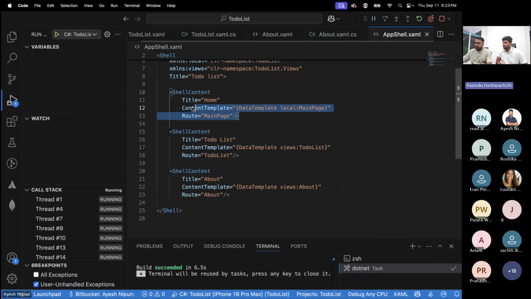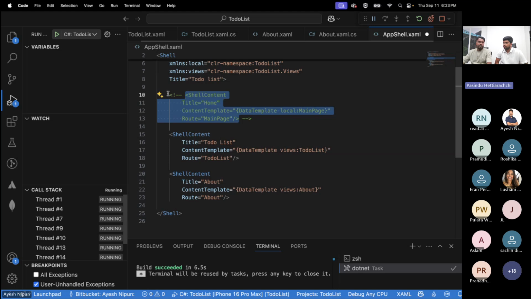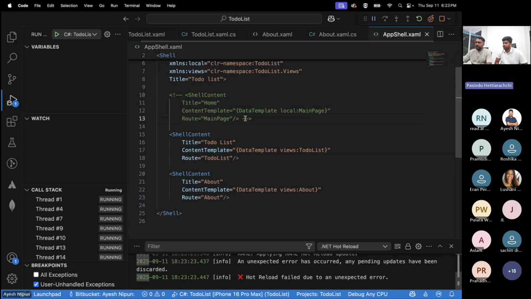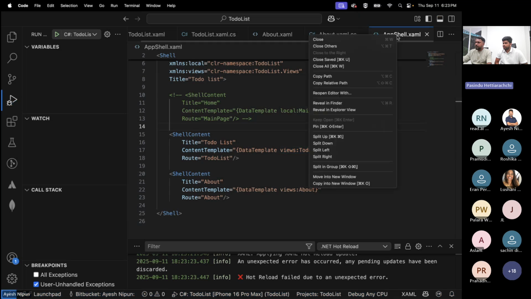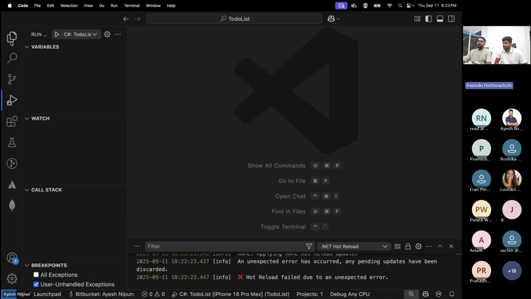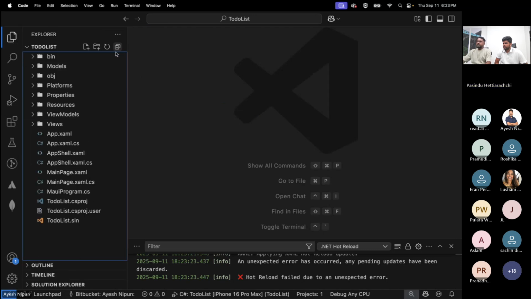So I'm going to comment this one because I'm not going to work with the main page. I don't need that. So all I need now is the to-do list. This is where we will be working. So right now we have our to-do list page, and what we're going to do is